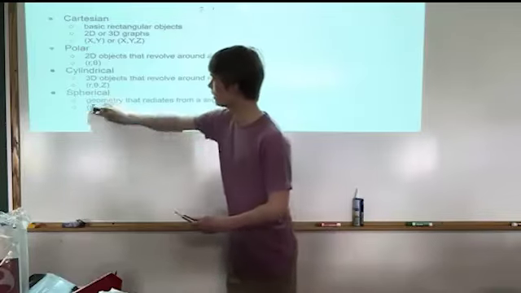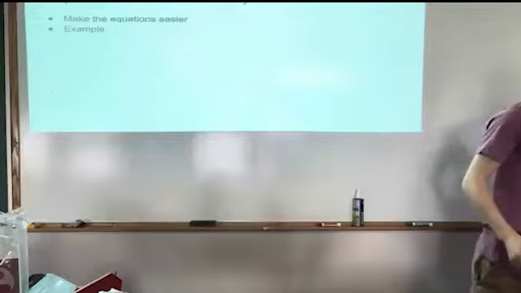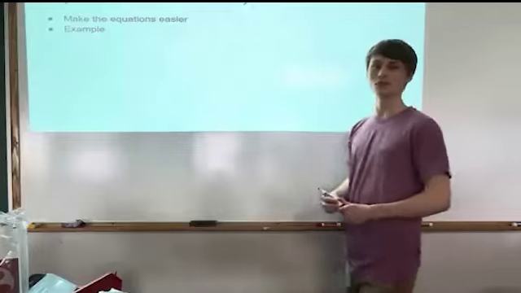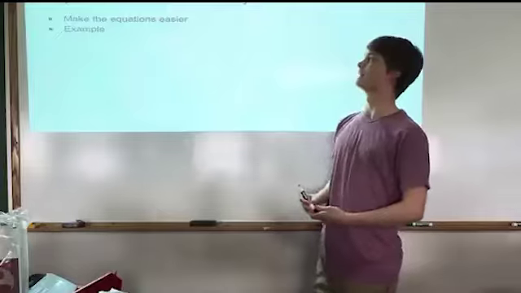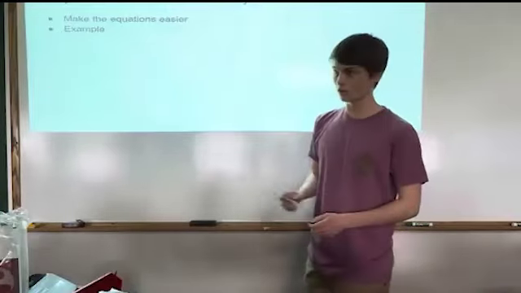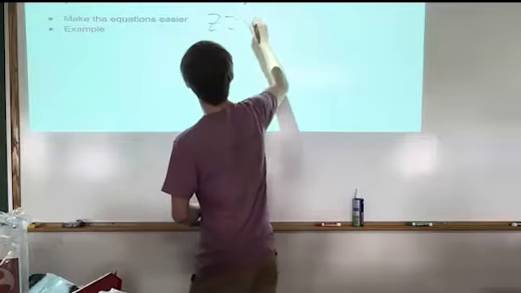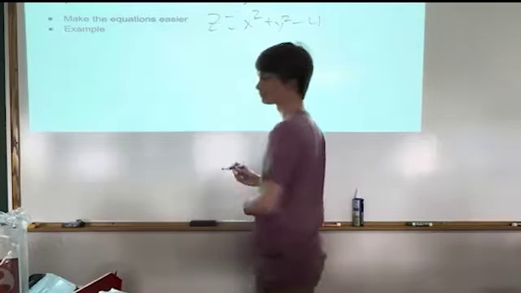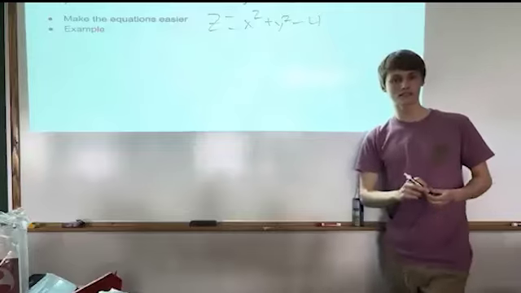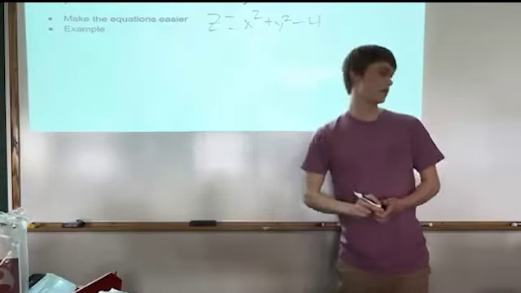And now we're going to be doing some examples of why people would actually use the different coordinate systems. And the main reason is because it makes equations easier. The first one that we're going to do is z equals x squared plus y squared minus 4. And this is written as a Cartesian point, and we're going to be moving it into the